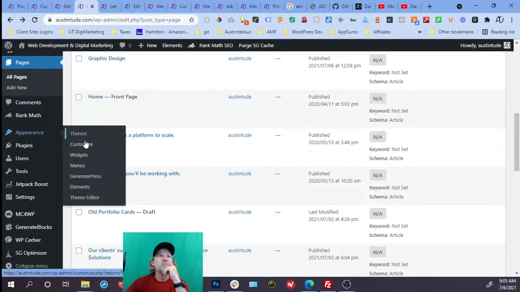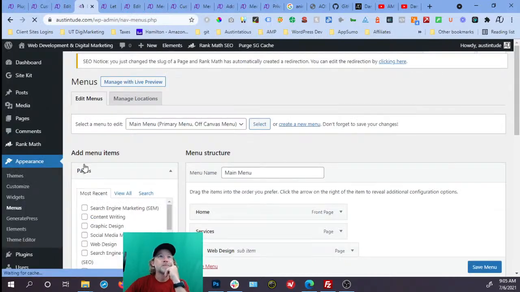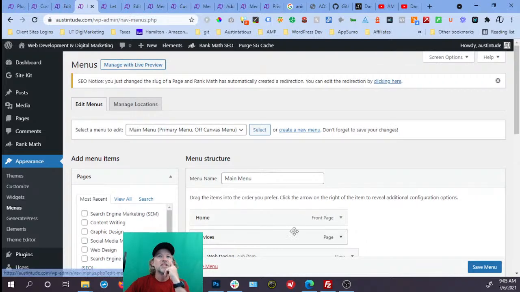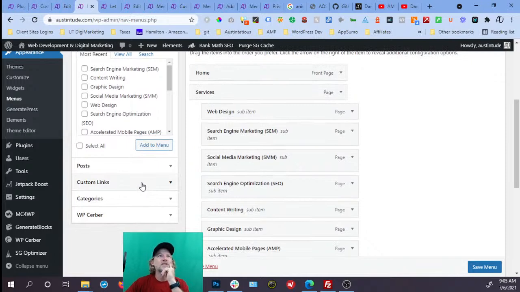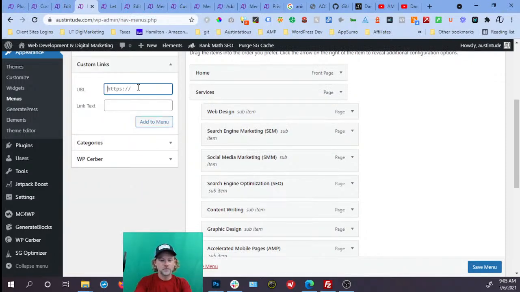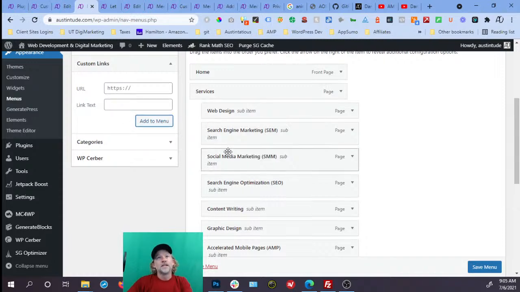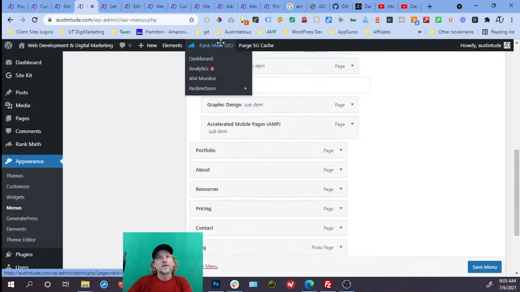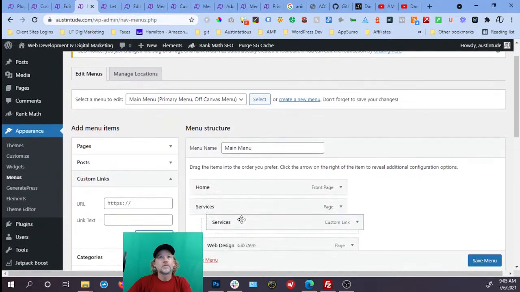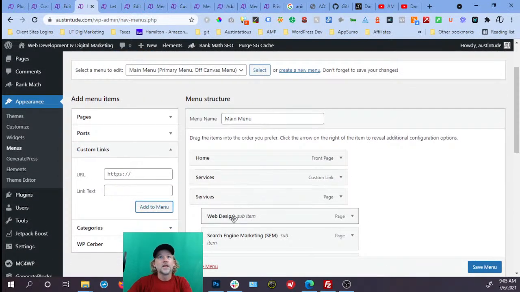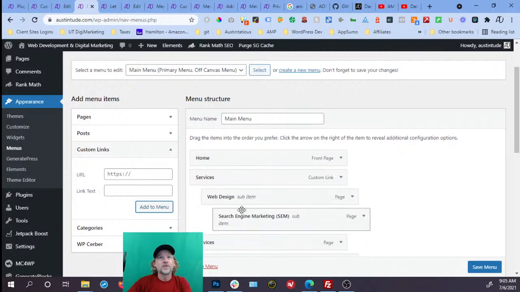So in my menu, I don't have a services page. In my menu, I need to change that because it's not a real page. I need to add a custom link that doesn't go anywhere, and it's called services. Right? And then I need to add it. Oh, come on, come on. Keep going. There we go. Okay. Now I need to take these items and move them under